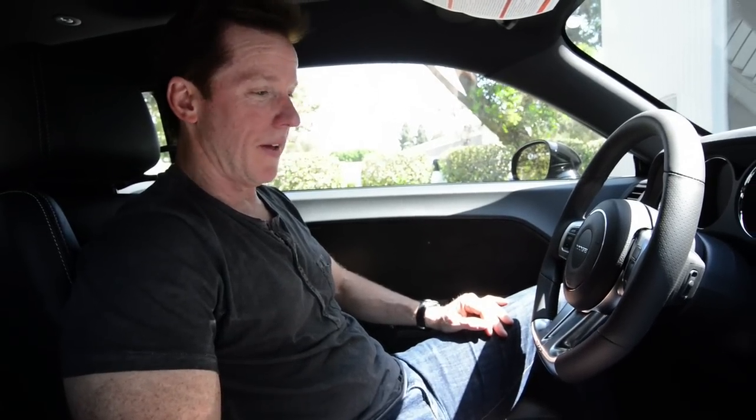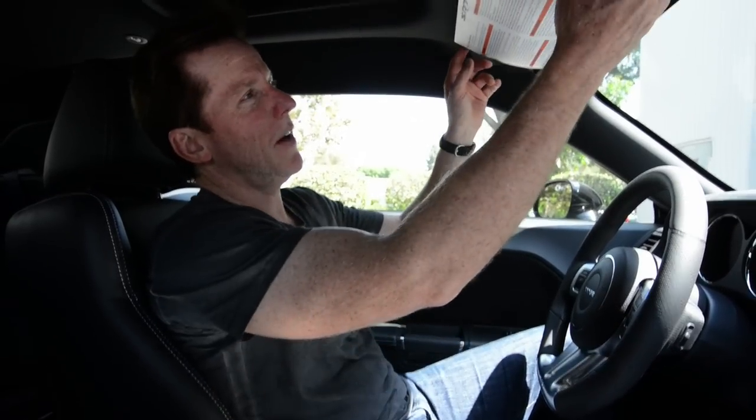I think this is my favorite part. So I drove away from the dealership, put a few miles on it down the freeway, pulled off. Now I wanted to get to know the car a little bit, just look at all the electronic doodads and the stuff. I love the layout of this thing. I did notice, however, on the visor up here,